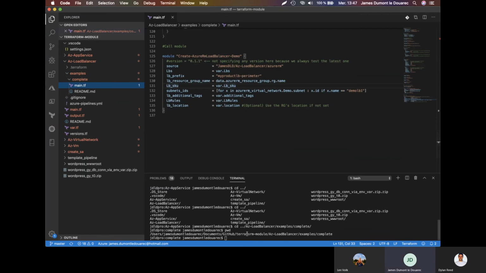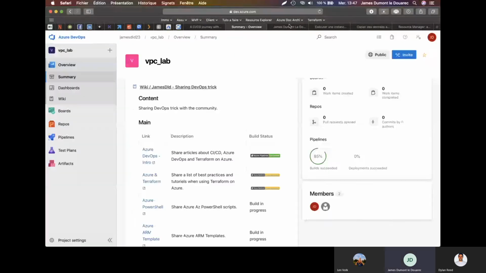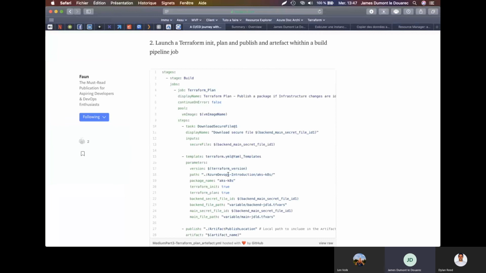Okay. So if I launch the Terraform init and plan command, it will be here. So in the YAML file, it is actually this path. With Terraform, it's important to know exactly where you launch your commandlet. So this is about your code.